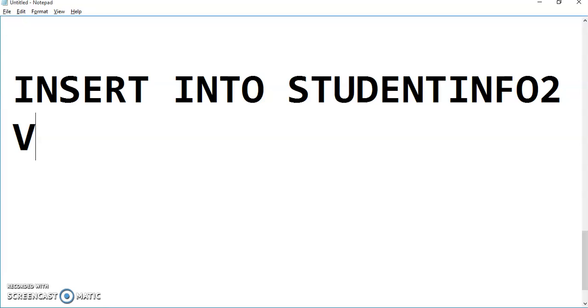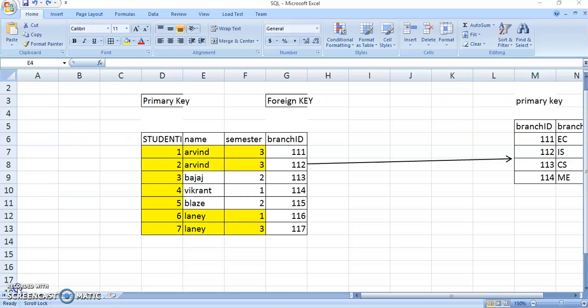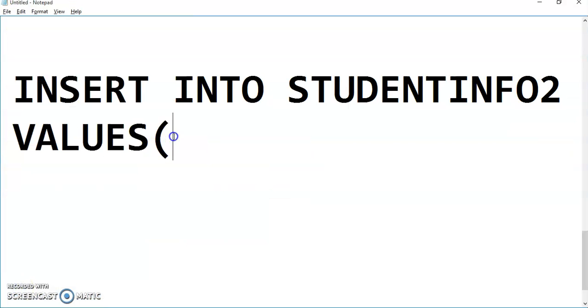That is values. You want to insert the values first. And the first column is primary key. That is student ID. So student ID, we're going to enter 1 and name Arvind. That is semester is 3 and branch ID is 111. 1 Arvind 3 111 to the respective columns. It's going to be 1 comma